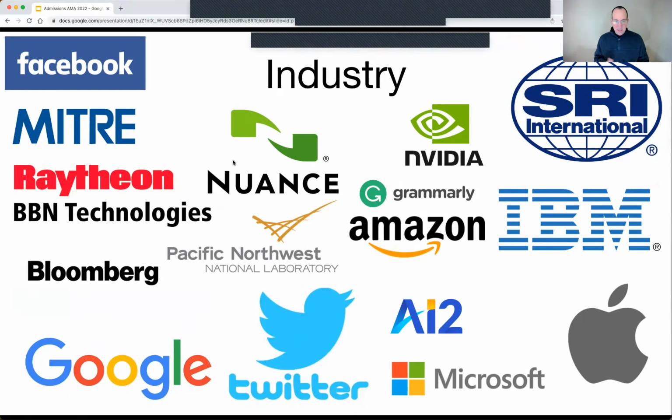So CLSP at Johns Hopkins is really a fantastic institution. If you are interested in speech and language, I highly recommend you apply. Whatever it is about language that interests you, we have someone working in that area. We take many students every year, so it should be at the top of your list in terms of places to apply. Even if you're not interested specifically in speech and language, we have fantastic programs in ECE, in computer science, and others. Even if you don't come here for grad school, if you go into this field, you might end up visiting Hopkins as either a workshop participant, a seminar speaker, or something like that.